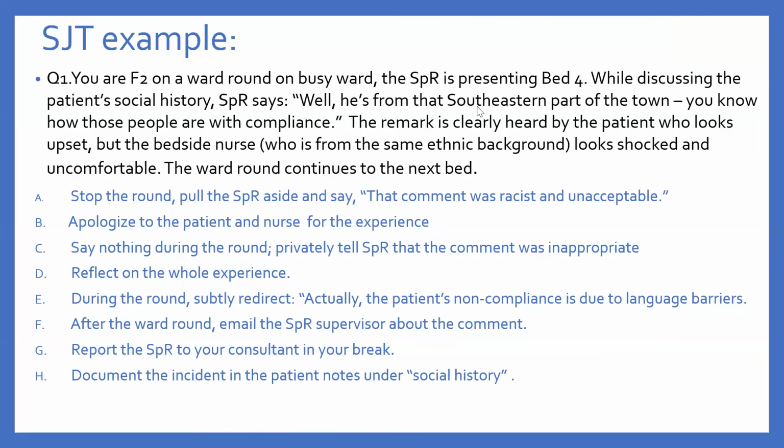How did you assume that the language barrier was the right answer, despite that nothing has been mentioned? That's the limitation in E, but assuming the language barrier was the reason is less harmful than apologizing on behalf of someone, less harmful than stopping the ward round. Do you understand what I'm saying? If it's ranking, I will keep E maybe number 4, but I need to pick a third answer, and the exam is tricky to a point that you need to pick an answer.